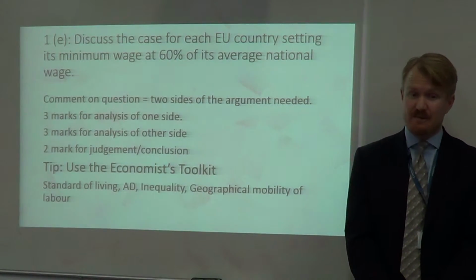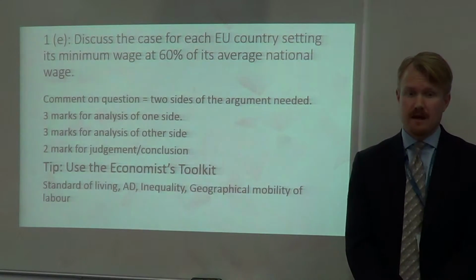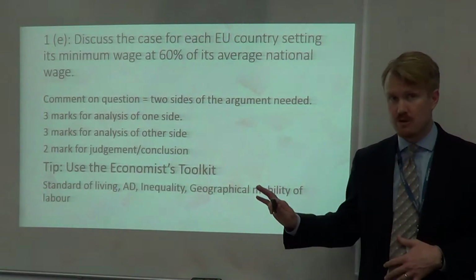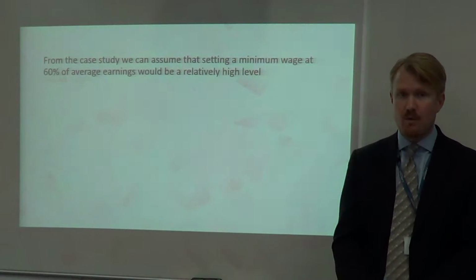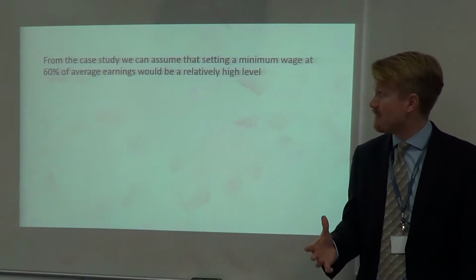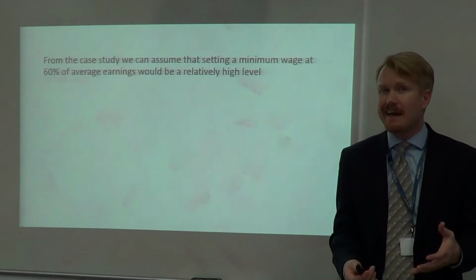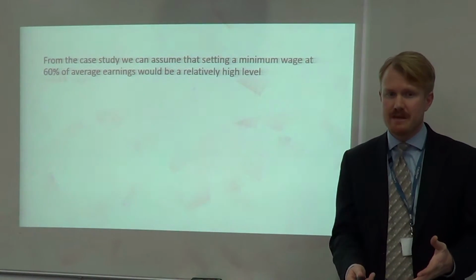This time I'm thinking standard of living, AS/AD, inequality, geographical mobility of labor. And I'm going to put those words in red on the PowerPoint here. So from the case study, we would assume that setting a national minimum wage at 60% of average earnings would be relatively high, given what they've said about most other national minimum wage schemes in the EU